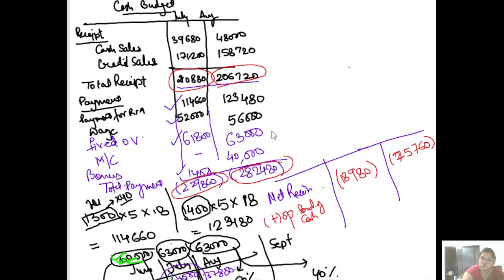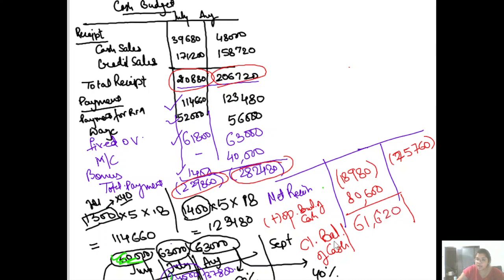So we are going to use that 80,600 so that we can conclude our closing balance of cash. So what is my closing balance after solving this? 80,600 minus 18,980,